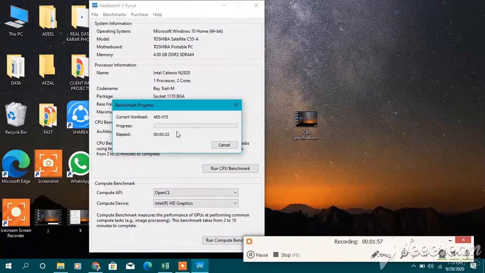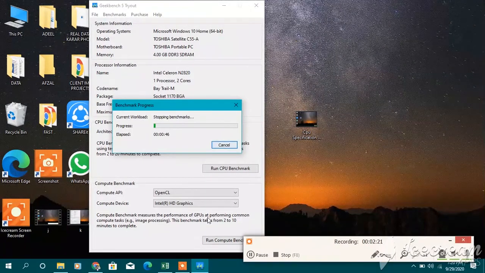If I wait, the video will be longer, so I can't wait here, and I have to evaluate the GPU benchmark as well. You can see that the timer has started. It's 37 seconds, and it takes almost 1 hour and 60 minutes to complete this process.